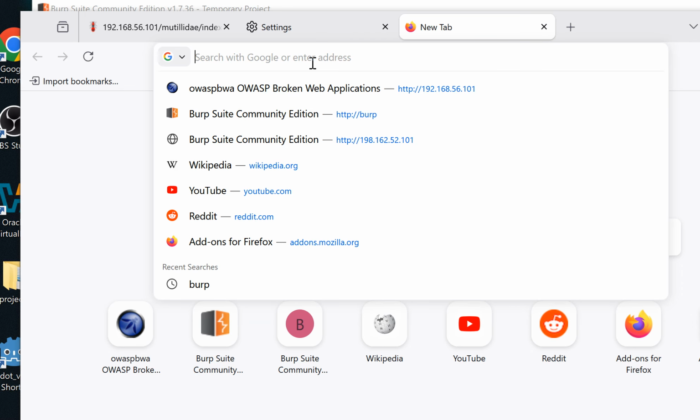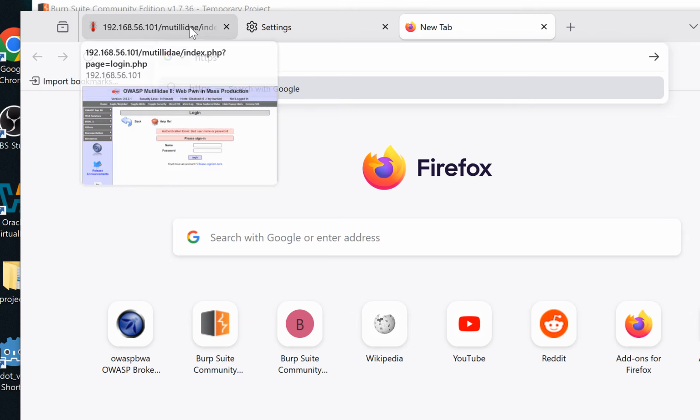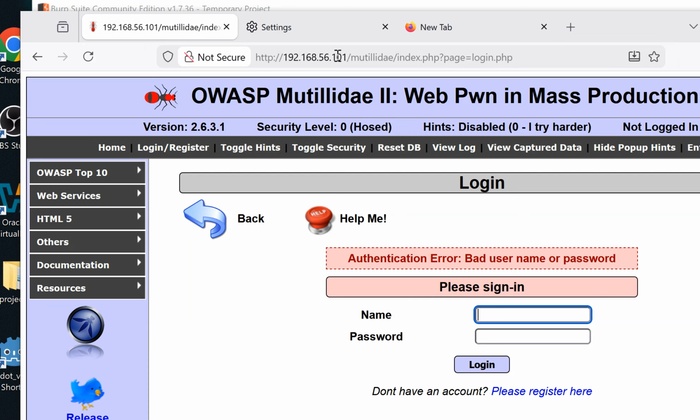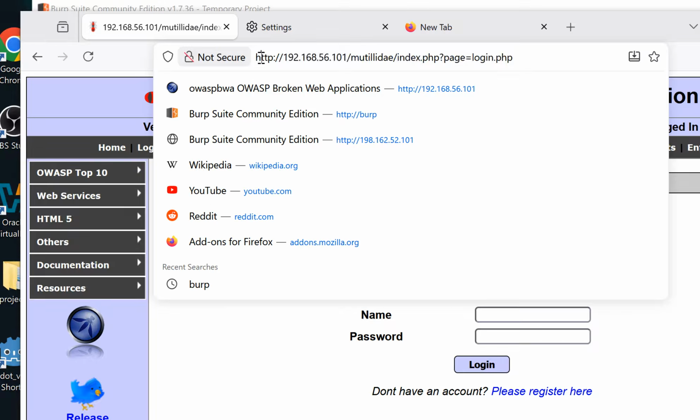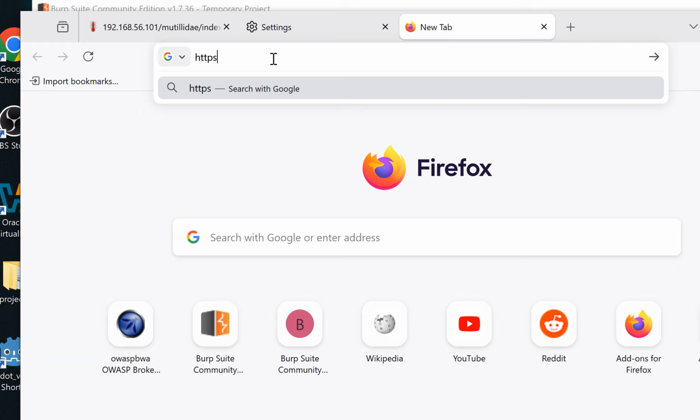When we try to visit an HTTPS website, we type https. You should note that in our previous parts, we were visiting web pages that were running over HTTP. As you can see here, we are using HTTP, and we were able to view that web page. So when we go to a website that's running over HTTPS, let us try to go to google.com. So let us type https